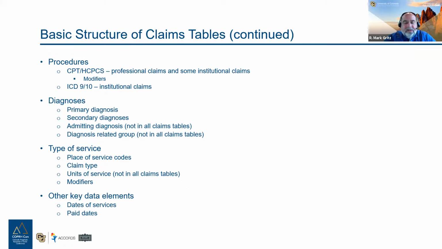For hospitals and inpatient services, those are used for determining length of stay as well. Paid dates are not that relevant for our type of research, but if you're trying to compare your claims to something reported by a state Medicaid agency, for example, they often will report the amount they paid in claims in a month rather than the amount for services delivered in a month. So those paid dates can be useful for some data quality checks.